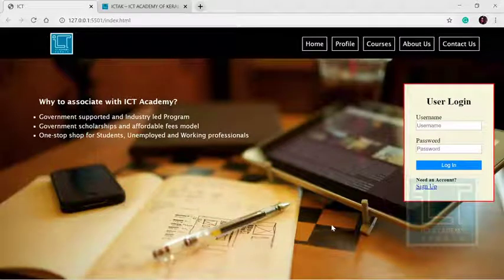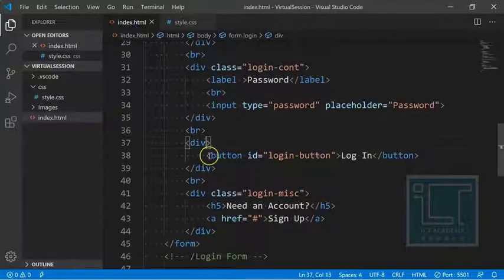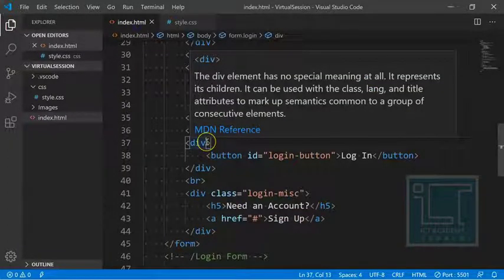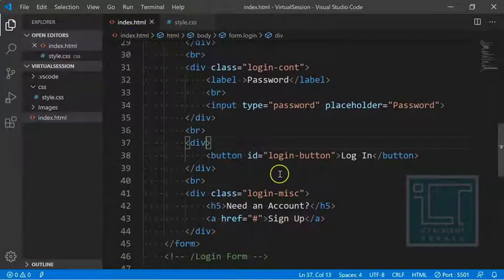So we have almost created our form with a heading tag, with two labels, username and password, along with their input tags, and also we have set their placeholders. Then we have set up a button called the login button, and we found the error we had when styling the button, because initially we had given the ID directly inside the div. If you call that particular ID and try to modify the height and width of the particular button, it's not possible. So in such cases we have to give the ID directly to the button.